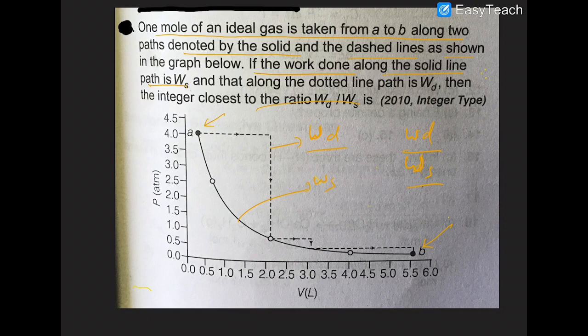Okay, so the work done should be what? The first case will be irreversible isothermal, irreversible isobaric changes. The dotted line represents this. Why? Because a horizontal line represents isobaric work and a vertical line represents isochoric work. So isochoric work will be 0, but isobaric work will be more. Remember that isobaric work done is more than that of isothermal work done for the same change in volume.